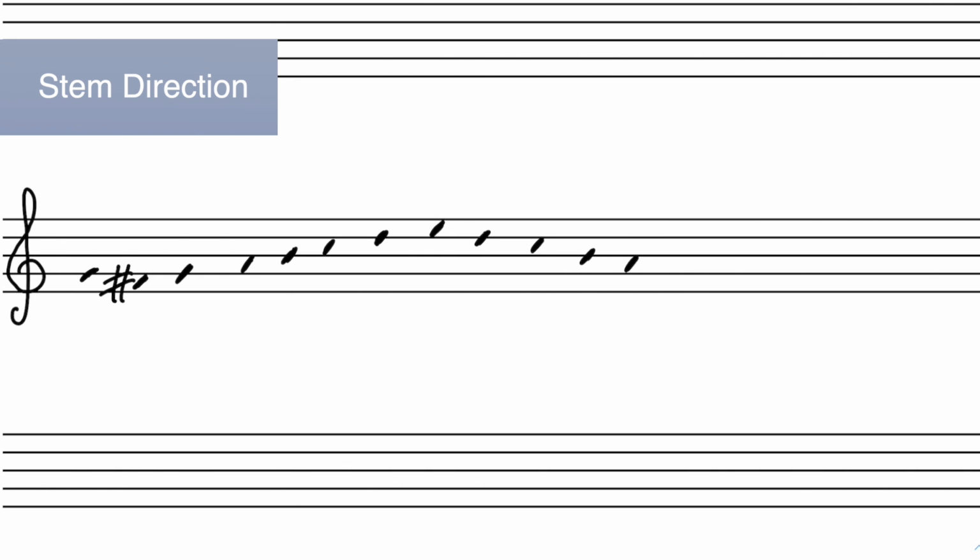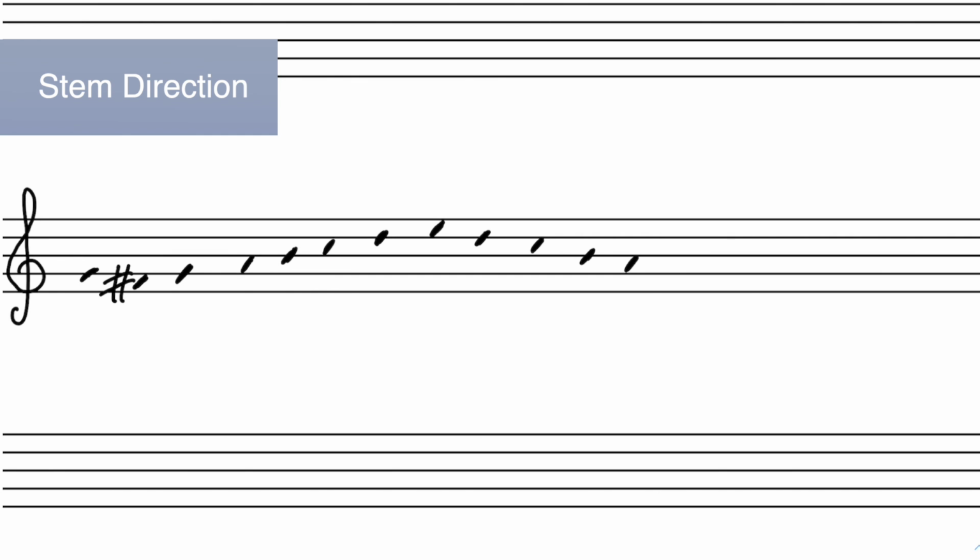So as an example, I'm using this excerpt from a Brandenburg Concerto by Bach, where we've got these notes that are going to be 16th notes by the time I'm done with them, and they are to be beamed in groups of 6. So if I look at the first 6, I can see that 4 of them are below the middle line of the staff, and the last 2 are the middle line or above, right? So because 4 of them are below the middle line, that's going to dictate how I put my stems. So I'll go ahead and beam those 6 with the stems pointed up.